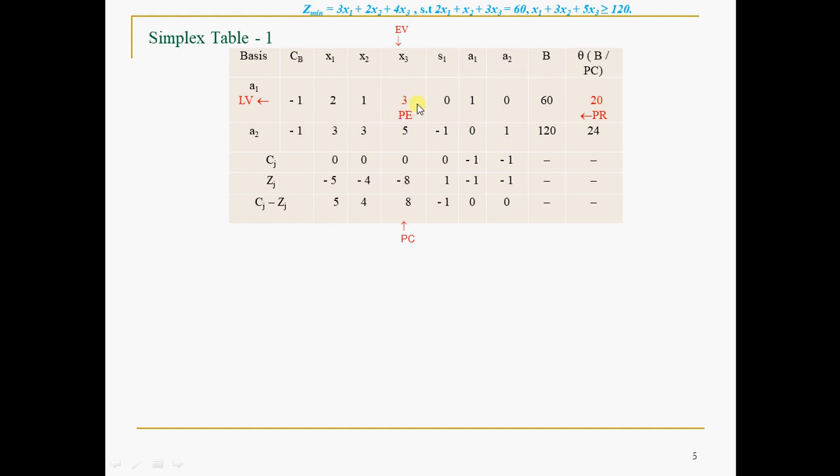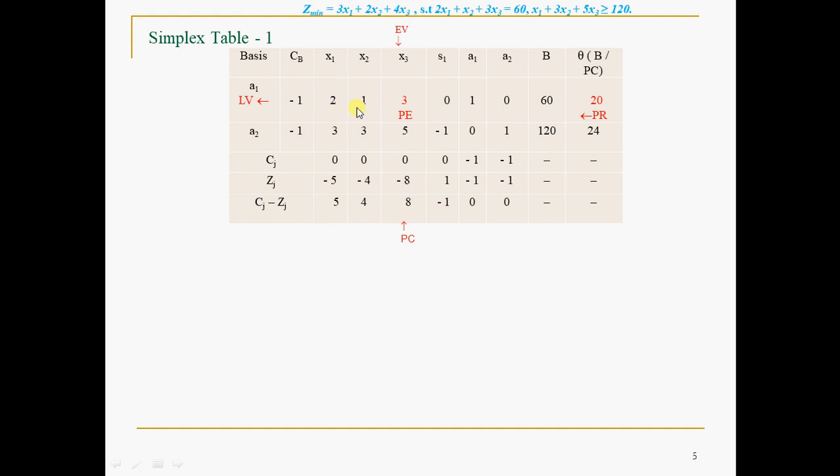So the pivot element you have to keep as unity, or 1. How to keep this as 1 or unity? From here to here, the equation part, you have to divide all the elements of this particular row by the pivot element, because it's not 1. If you divide by 3, 3 by 3 will become 1. The pivot element will become 1.